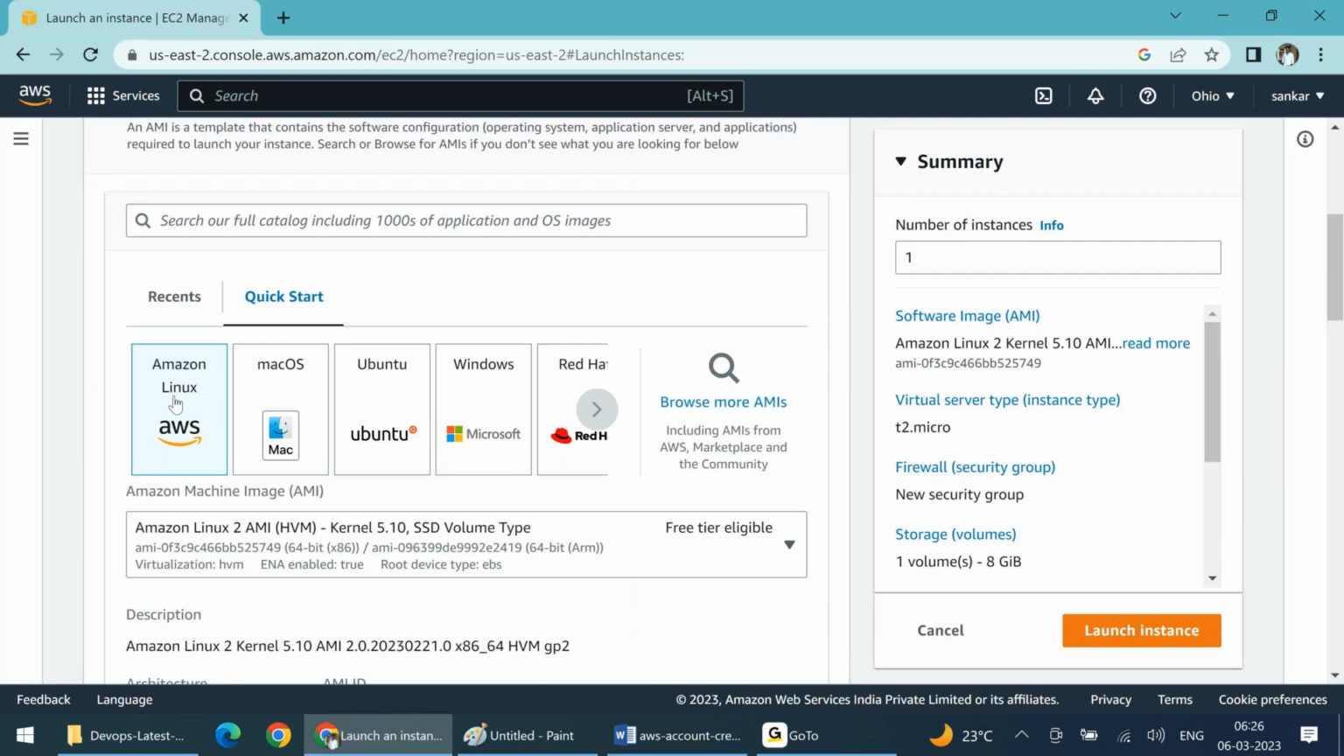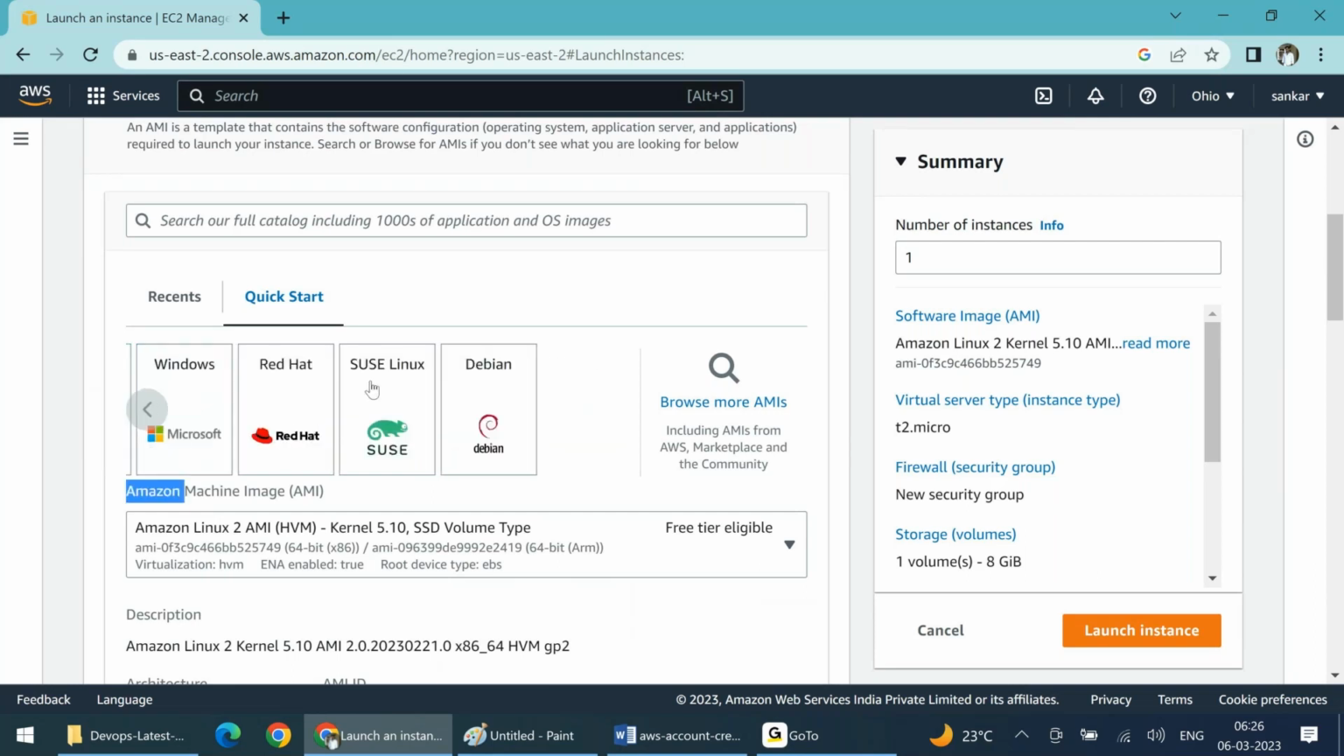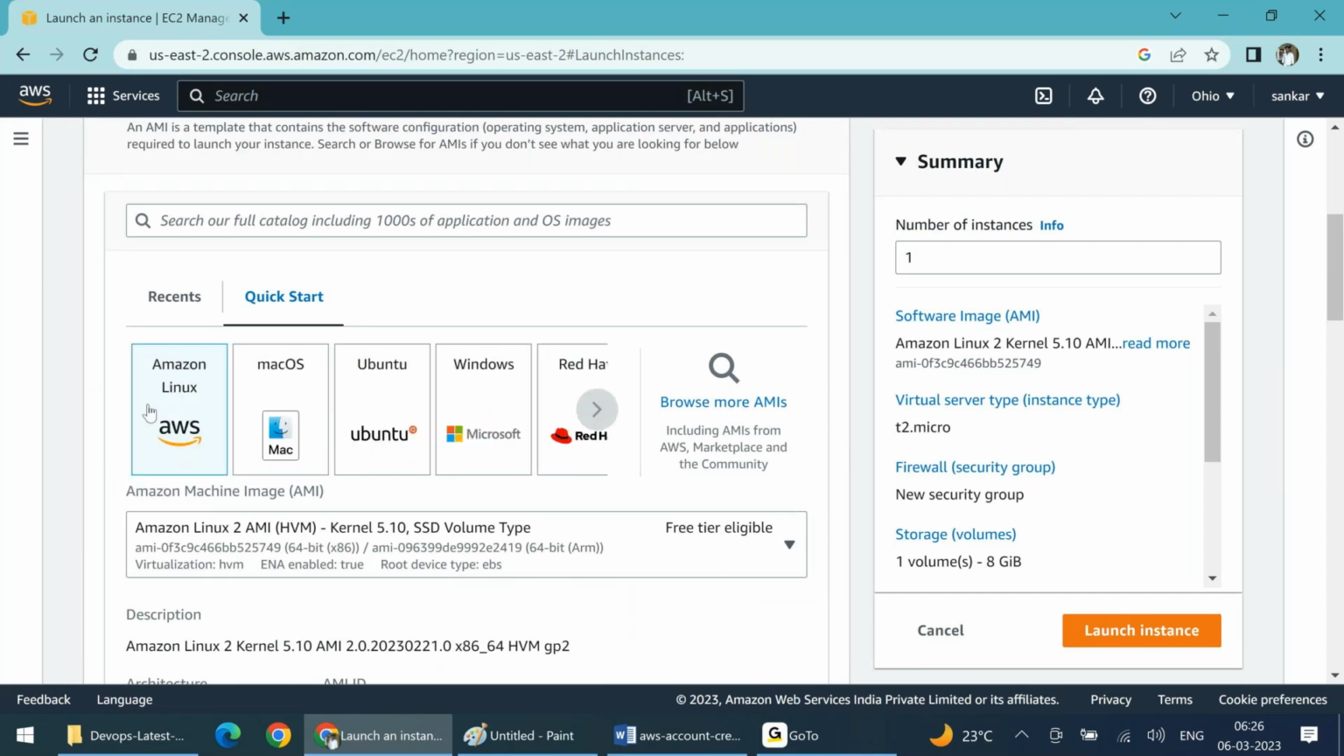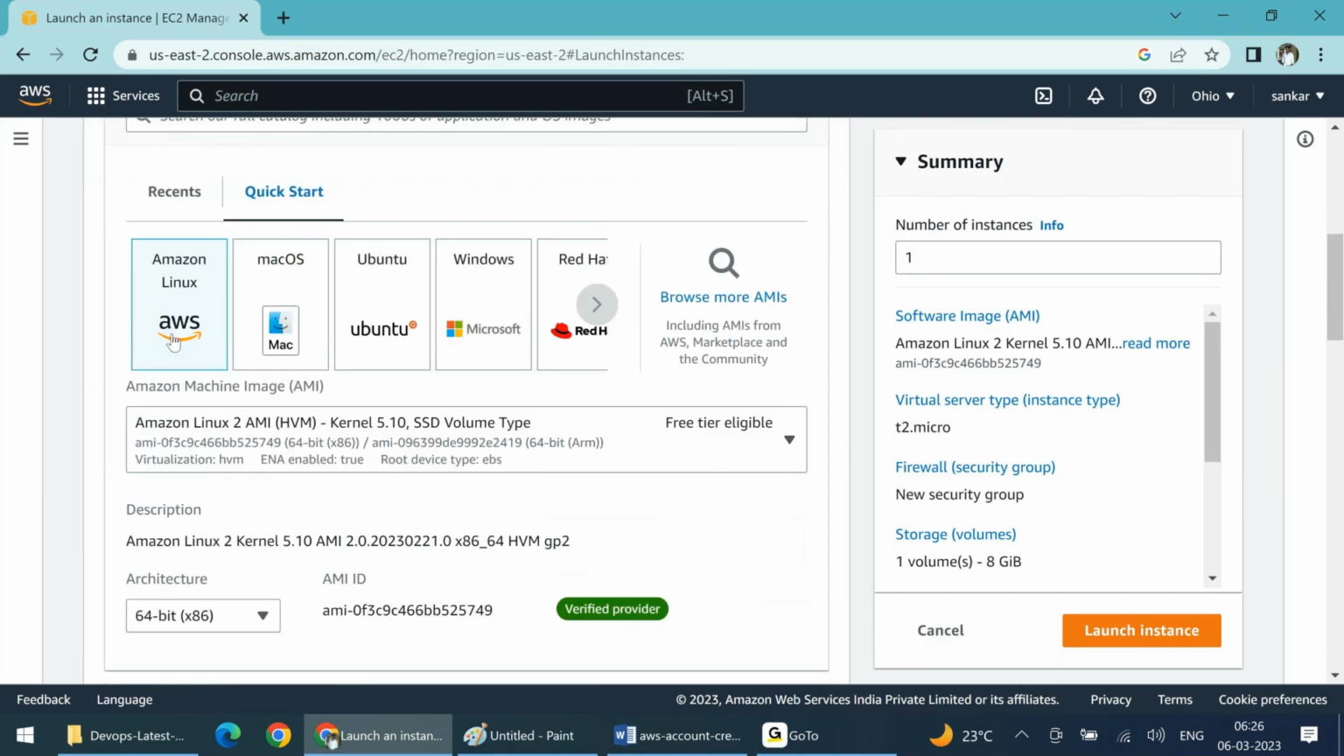So they have Mac, Ubuntu, Windows, Red Hat, SUSE, and like that we can see Debian, different OS flavors. So you can create any of the mission. Now here you can observe, suppose if I selected the Amazon Linux AMI, you can see